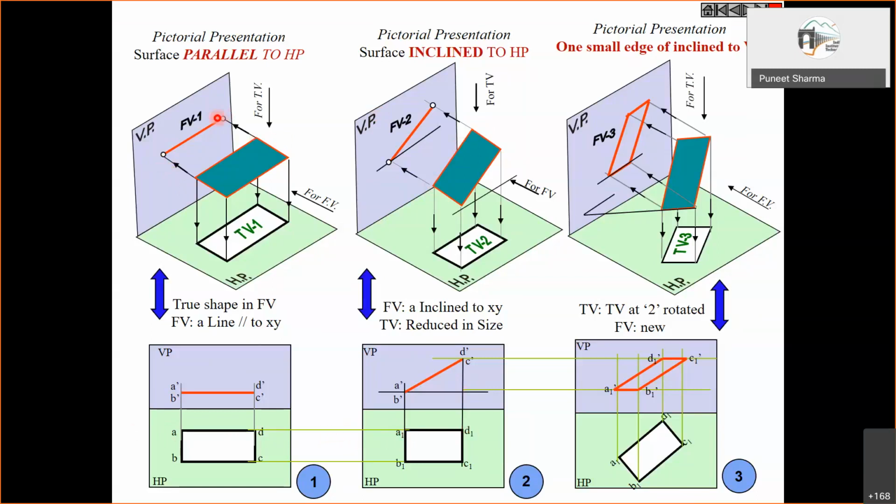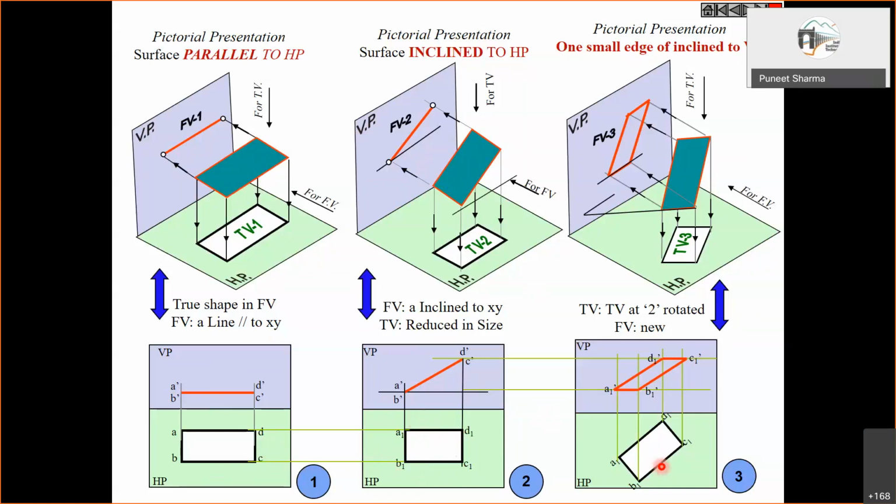Okay, and same goes for this B and C, which will be along this line, because their distance from the xy line will remain same in this figure also and in this figure also, because their distances here and here are remaining same. Okay, same way for the third figure, what we are doing is we actually are redrawing this top